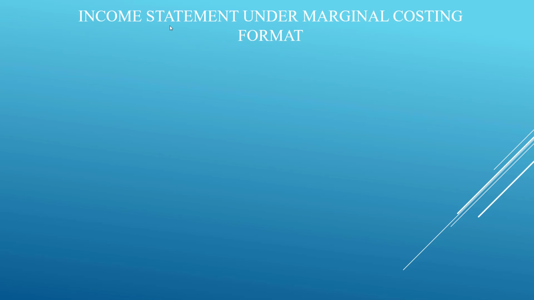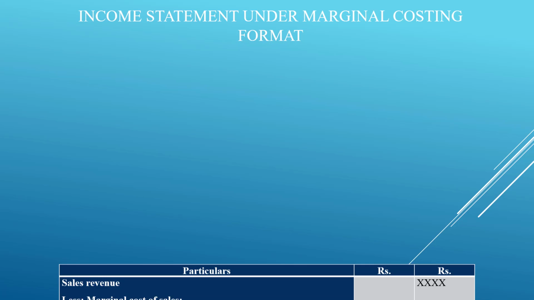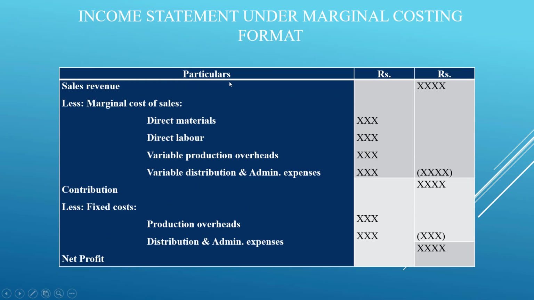Now, the income statement is mainly used for finding out the profit of any kind of business, right? The same way, using the marginal costing technique, we will prepare an income statement, and for that we'll see the format first. Okay, now what is the format? This is the format. First, three columns you'll put up. First is the particulars, then an amount column, and a total amount column.